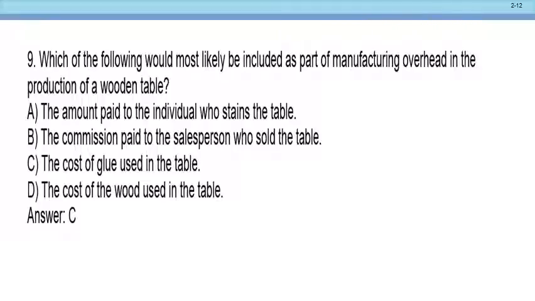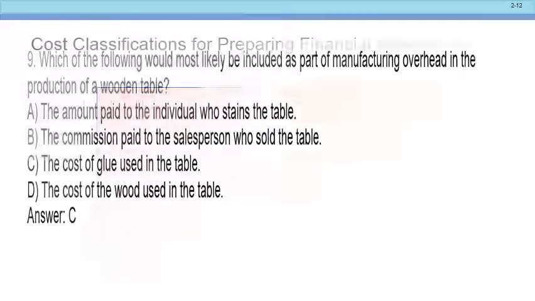Okay. All right. So that's the way you would study for that. The expectation is for you to understand which costs are indirect and which costs are direct. Indirect costs are treated as overhead. Our direct costs are traced directly to the product. We don't have to allocate those, right?